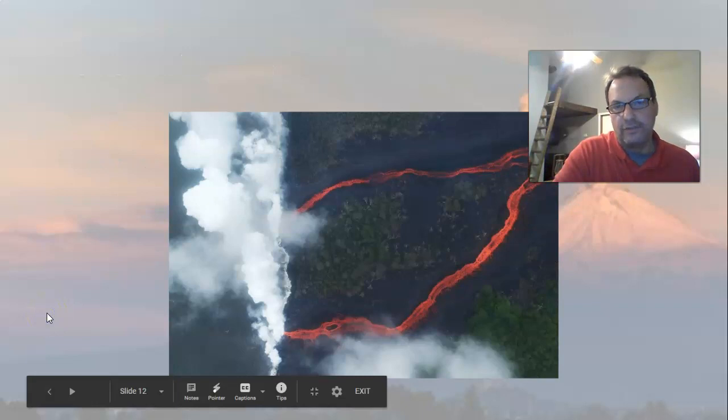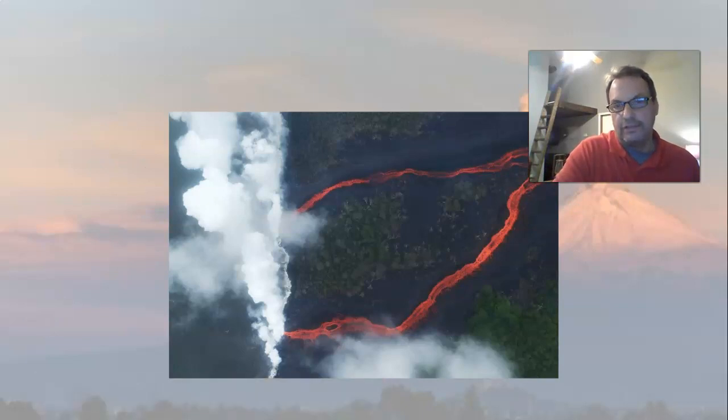And here's just a picture, and obviously you can see this lava coming down. How do I know it's lava? Well, I can see it. It's on top of the ground. If it were underground, it would be called,